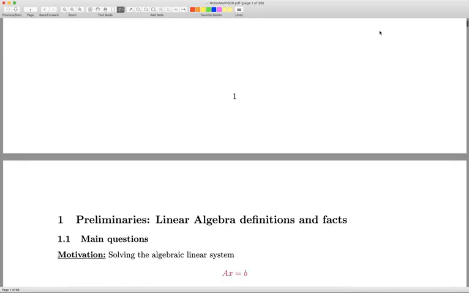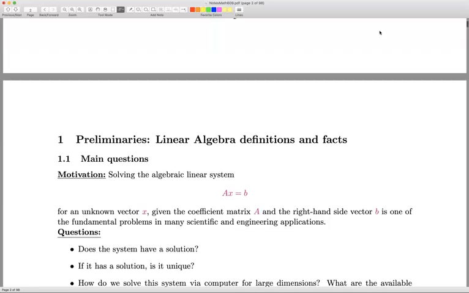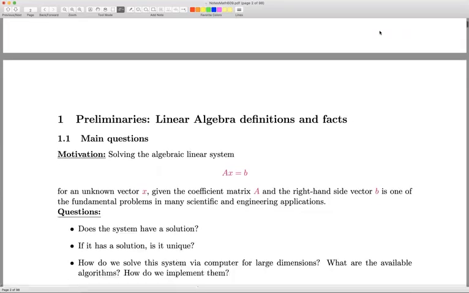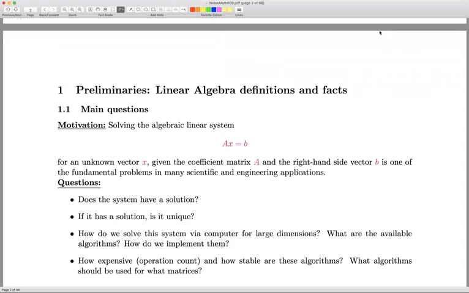We will discuss at first how to solve algebraic linear systems of equations, AX is equal to B, where X is an unknown vector, A is the matrix of coefficients associated to this system, and B is the right-hand side. We start with this problem because, as we will see